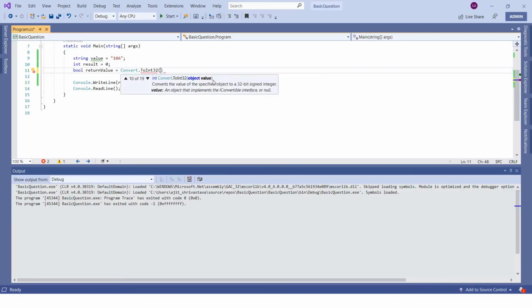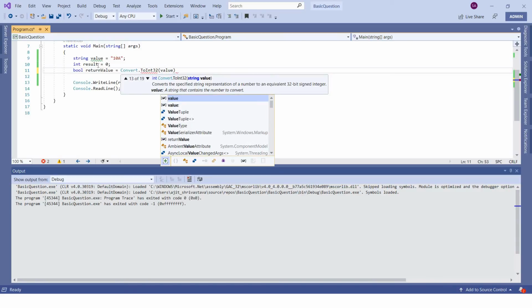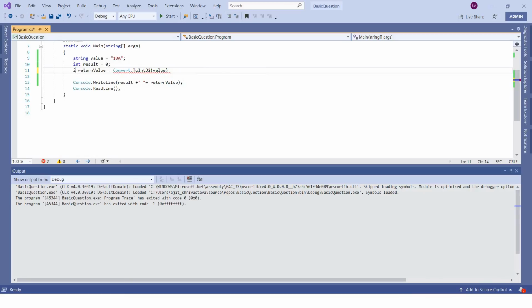All these options are available, but for now we want to convert a string, so we'll use this function. We'll pass just a value here and this will be an integer. So this is another option that you can use to convert a string to an integer value.